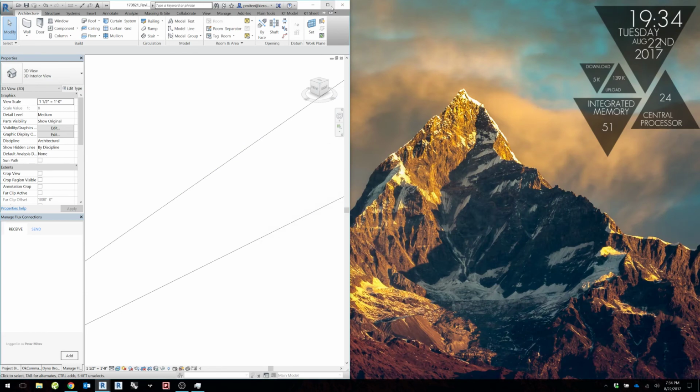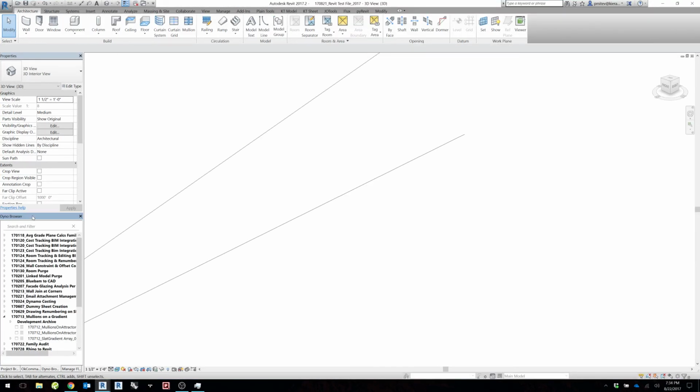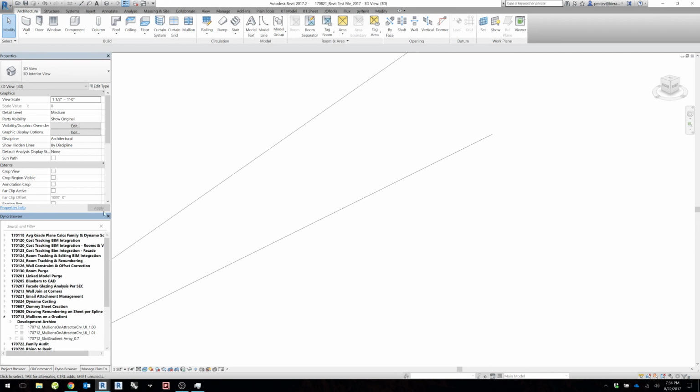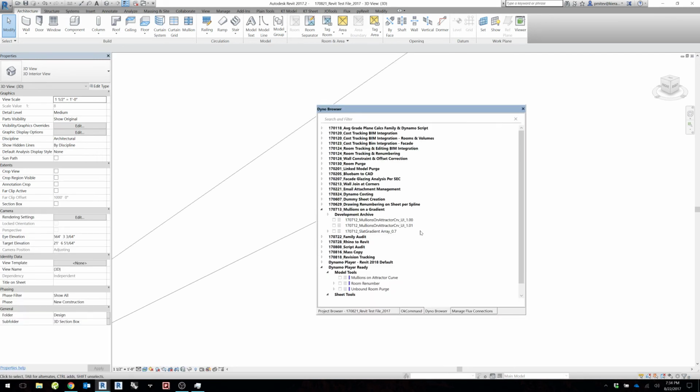So while that's opening up, actually, I'm going to show you the Dino Browser. I have a laptop here, so no benefit of dual monitors, but let me see if I can bring it out over here. So this is what the Dino Browser looks like, and it's kind of pixelated, but what I'm going to do here is go